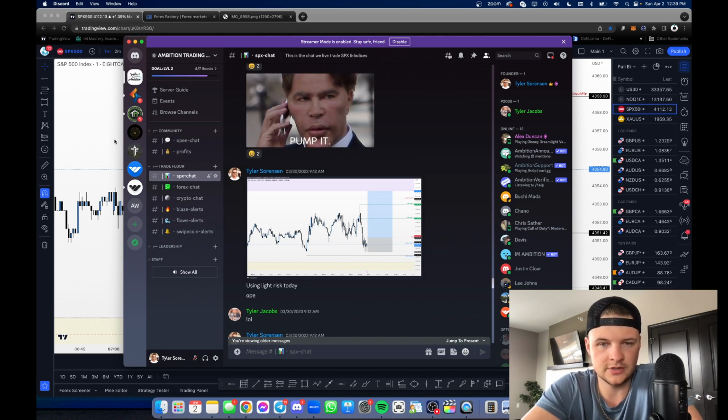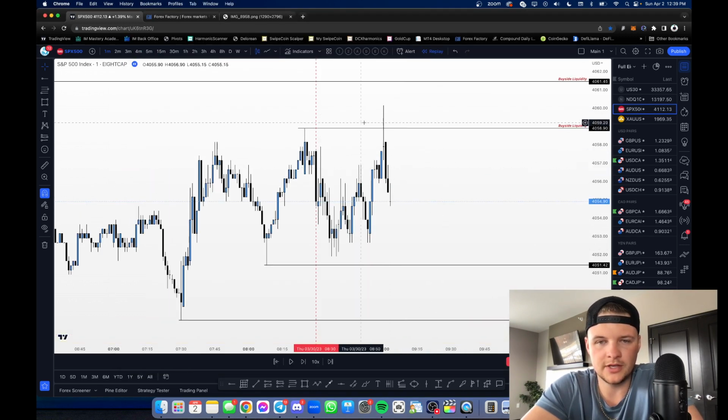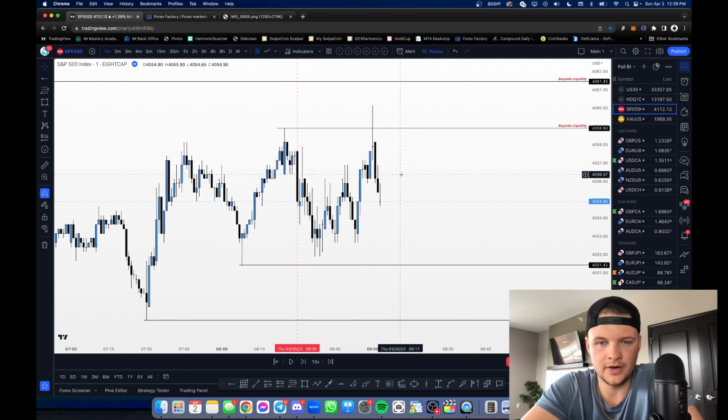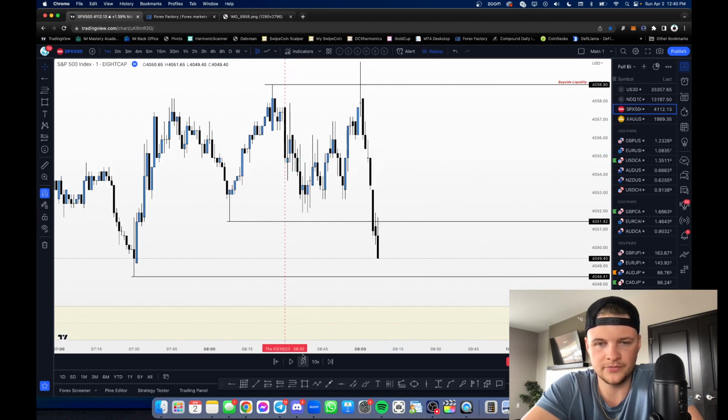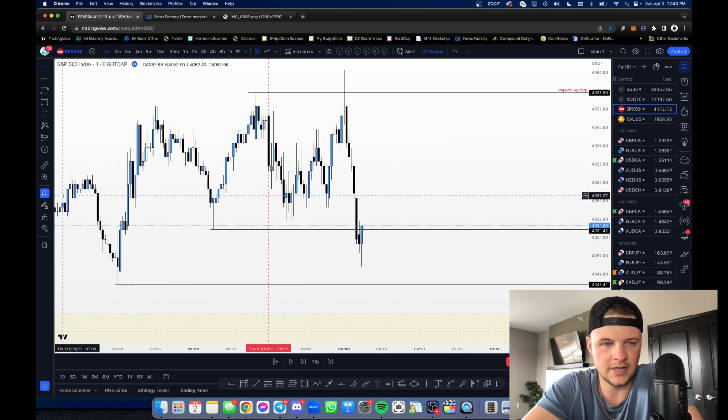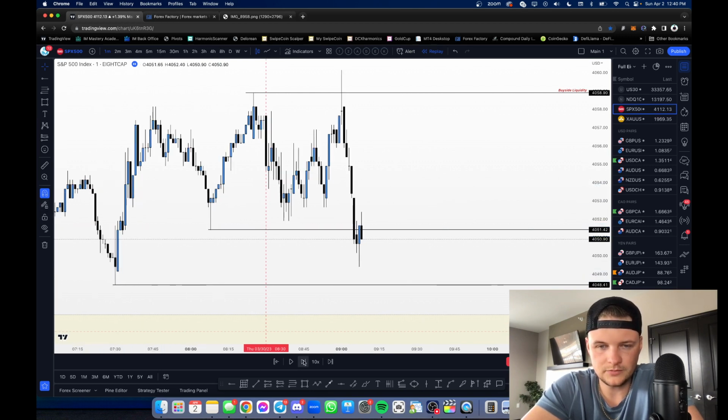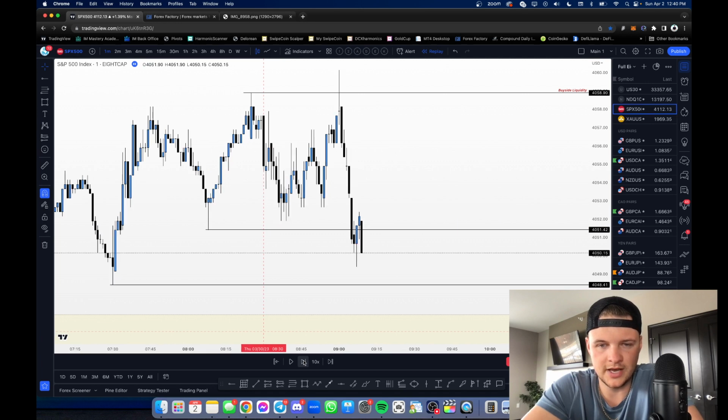These are the trades that we took. So this is where you could have been looking to get short, right? We swept buy side here. I was waiting for buy side to be swept up here, so I wasn't participating. But if you were waiting for it, you could have entered here, right? Your risk to reward wouldn't have been amazing, but nevertheless, price pushes down, and we sweep this sell side liquidity. Okay, so now I'm willing to begin looking for longs once we get a high to form.